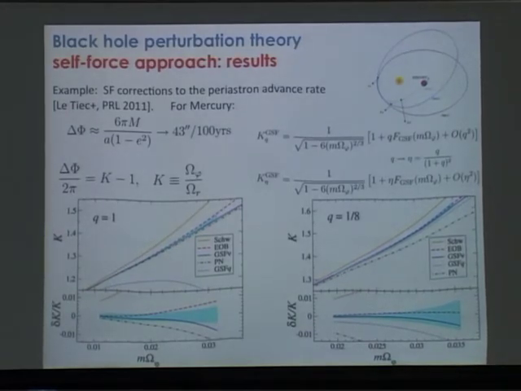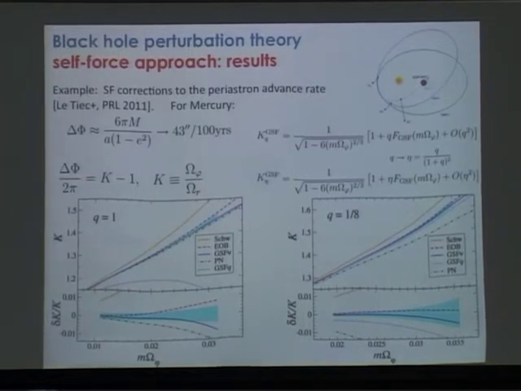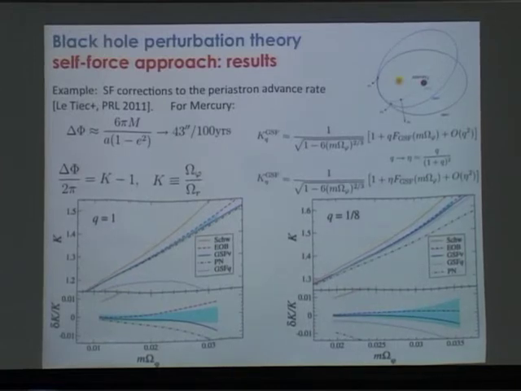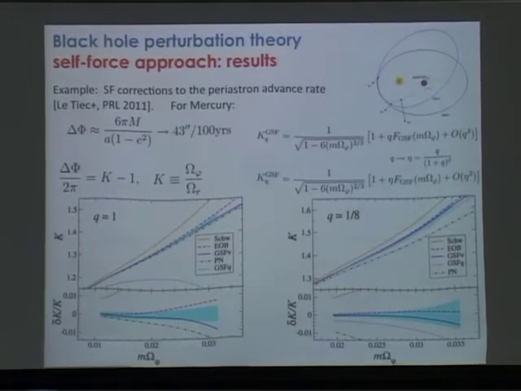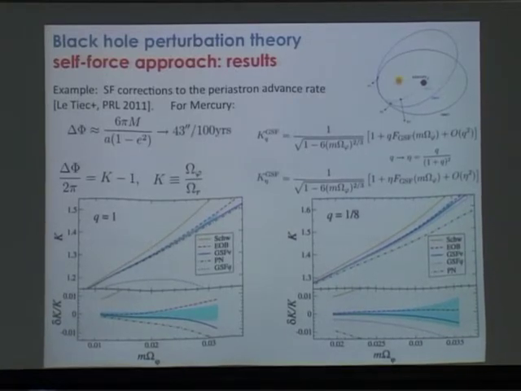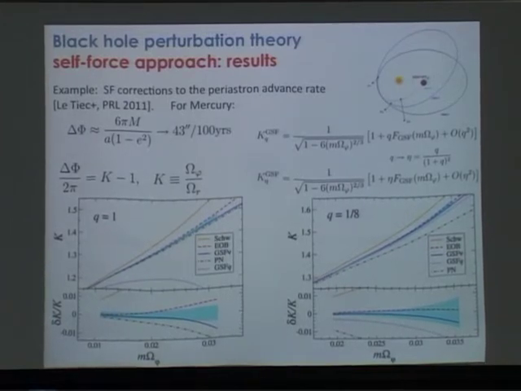And this is something really behind the effective one-body approach. Even in Newtonian theory, you have this property that you can describe the orbit of two bodies by changing your variables, such that instead of modeling two objects going around their center of mass, I have a reduced mass particle going around an object which has the total mass, right?